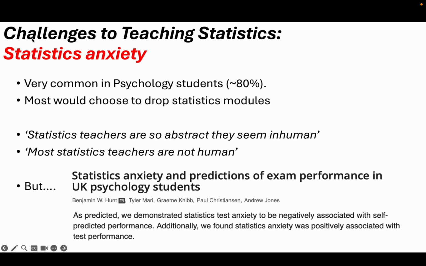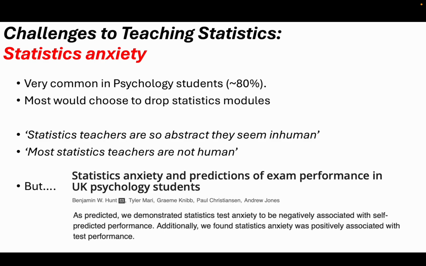So let's look at some of the issues with teaching students statistics then, and how these issues might lead to barriers in the switch from things like SPSS to R. And I think the key issue, particularly for psychology students, is the experience of statistics anxiety. So statistics anxiety is basically that. It's just the anxiety about learning and applying statistics and being assessed on it. And it's very common in psych students, particularly in the UK,